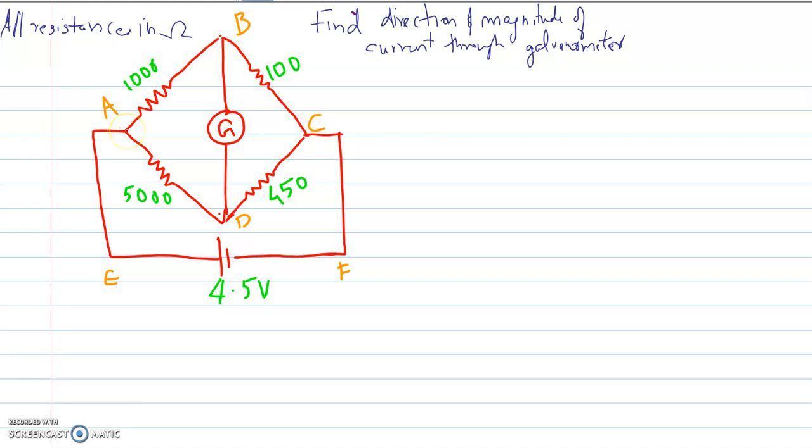Now at the point A or node A, I will imagine that the current is dividing into two parts, through AB and through AD. So I will mark the corresponding currents as I1 and I2 here. While I1 is flowing from A to B, when it reaches the point B, it divides into two parts. This I will mark as IG, that is the galvanometer current, and this I will mark as I1 minus IG.